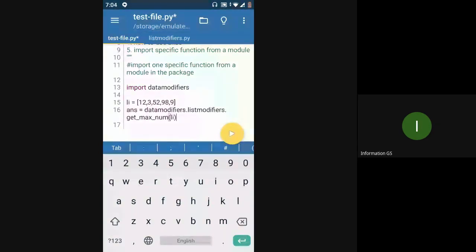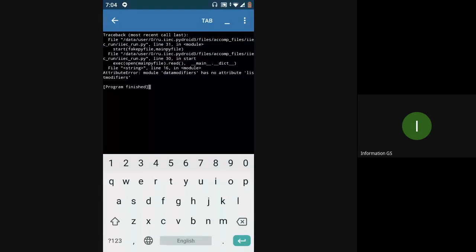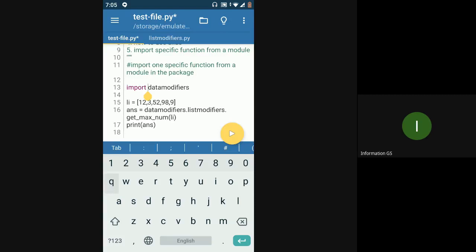So data modifiers has no attribute. Okay, it seems you can't do this for packages. So you can't directly use import for packages.